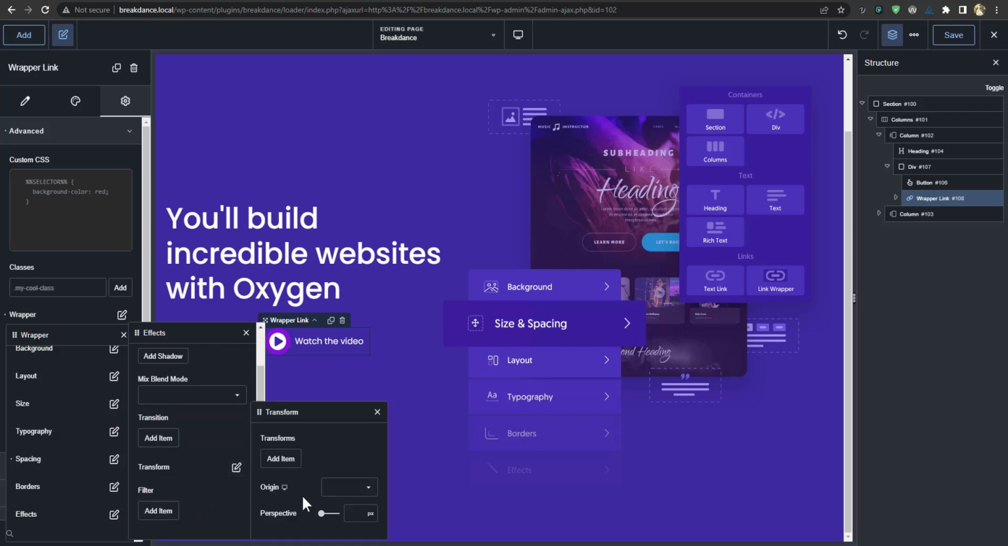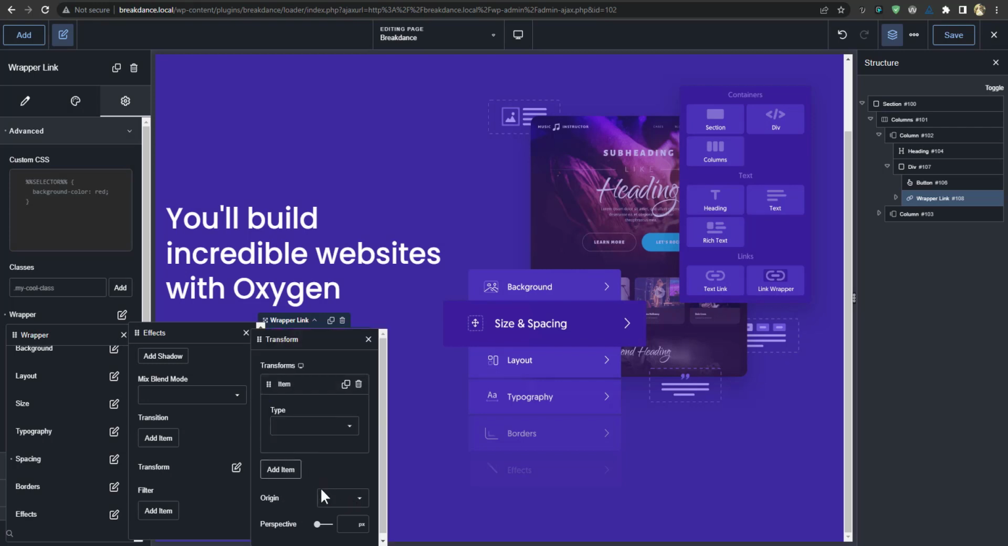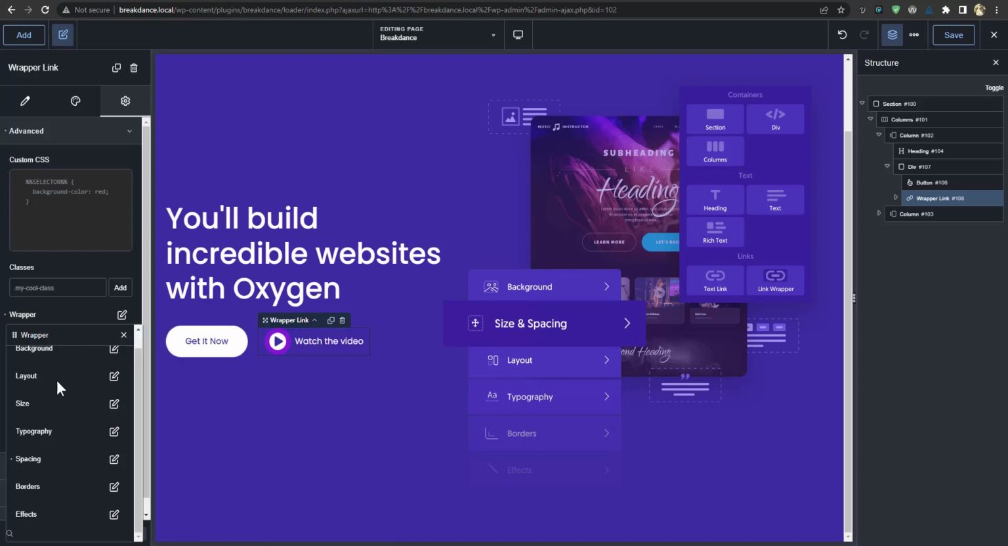Transform. Add this. Transform. Scale. Okay, so where is the hover? I want to scale on hover. This is not okay. Okay, this is not okay. So I can't figure out how to